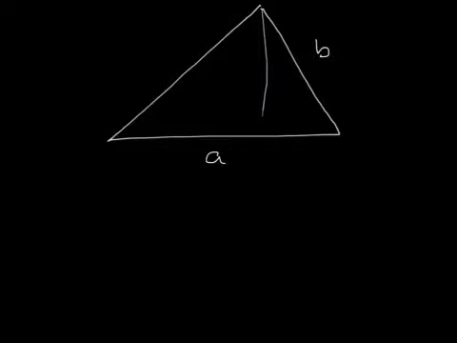What we do is draw a perpendicular, not the best perpendicular line I've ever drawn, but draw a perpendicular line and call this length here x. So the area is going to be a half of a times x. What's x? Well, x is in this right angle triangle,